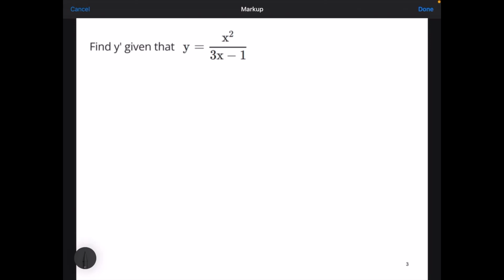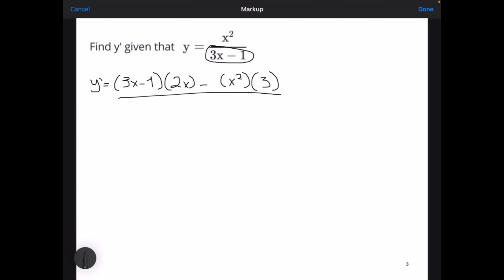Moving on to example number 3, they're asking me to find y prime given that y is equal to x squared over 3x minus 1. Following the quotient rule, we're going to write y prime equal to, and as we always do, we need to copy paste the denominator first. So 3x minus 1, and then the derivative of x squared, which is 2x, minus x squared, and the derivative of 3x minus 1, which is just 3, over